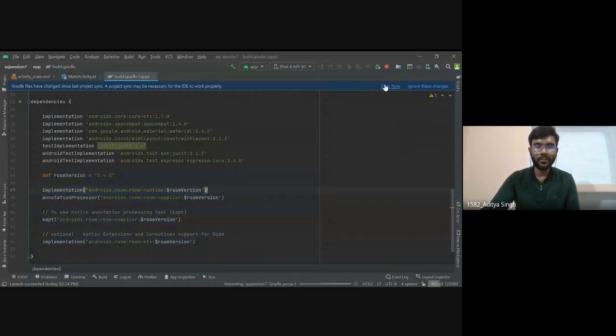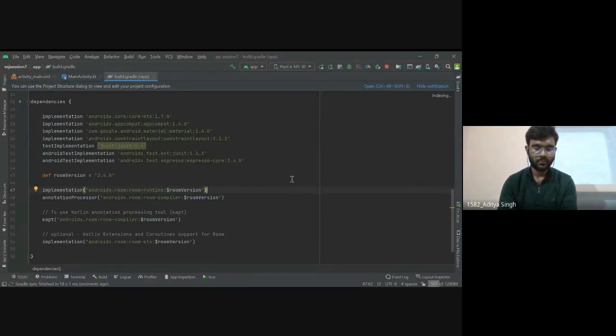Now we can sync it. So everyone is ready now. Everyone has opened their Android Studio, and everything is set now. I can proceed further.